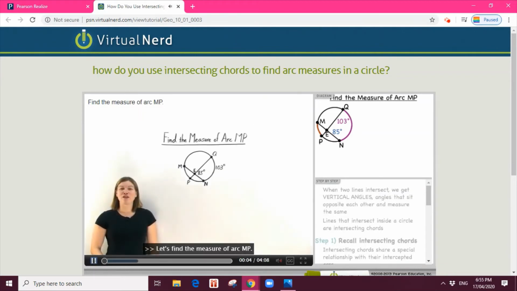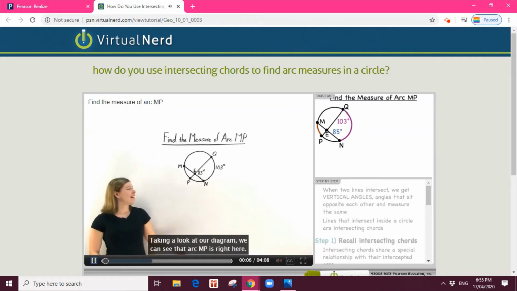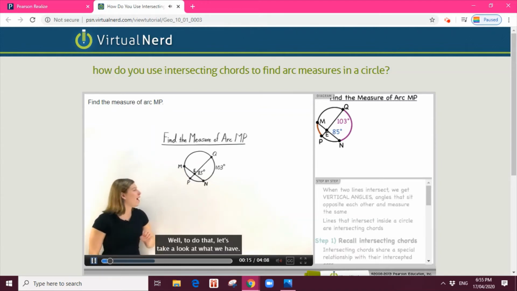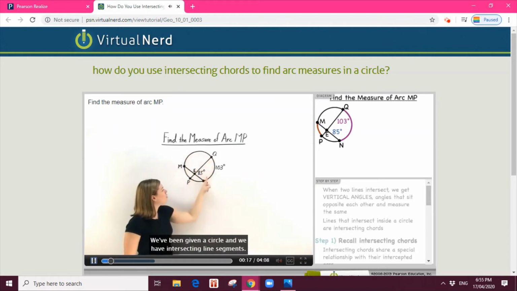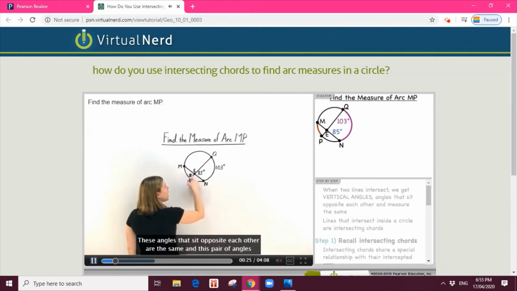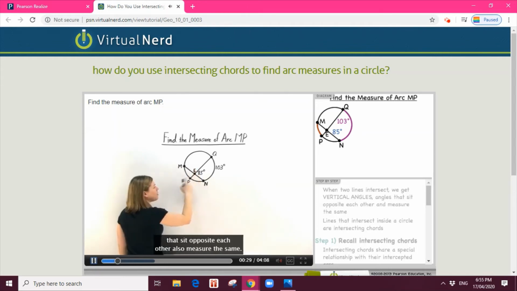Let's find the measure of arc MP. Taking a look at our diagram, we can see that arc MP is right here. That's what we want to find the measure of. Well, to do that, let's take a look at what we have. We've been given a circle, and we have intersecting line segments. You know, when lines intersect, we get vertical angles. These angles that sit opposite each other are the same, and this pair of angles that sit opposite each other